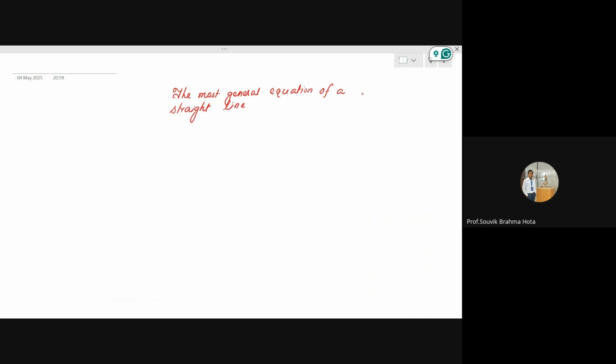Most general equation, when they say most general equation, means it will be none other than this type of equation,